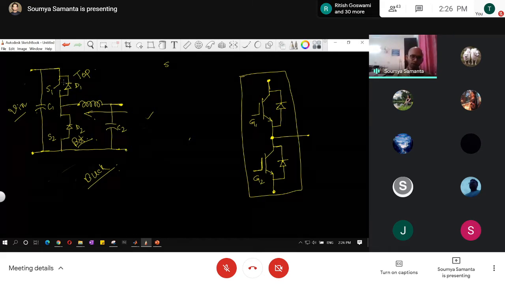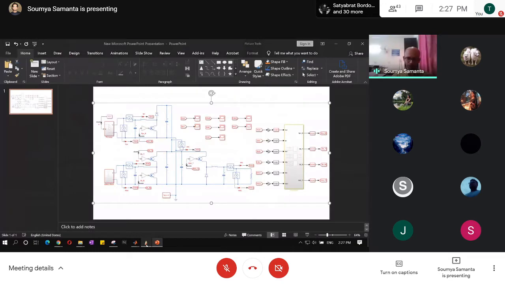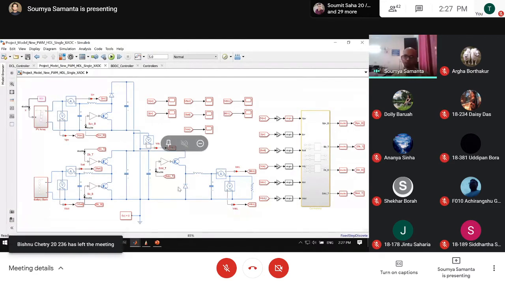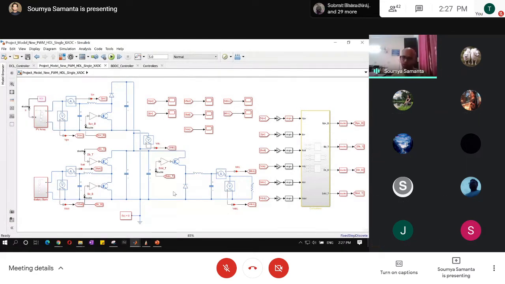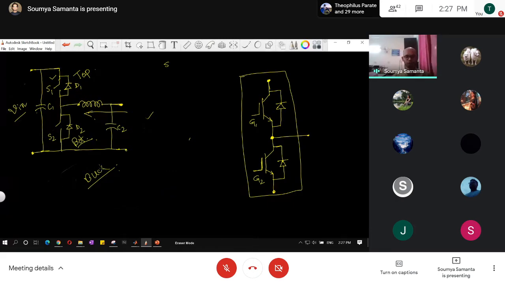So in the buck converter, you can see the top switch is there, for the top position a switch is there, but at the bottom only a diode is there. Now let us see here in this simulation diagram. So this is the buck converter. You can see there is an IGBT placed here, but there is no switch at the bottom. For the buck converter, there is no switch at the bottom, but for the boost converter, there is no switch at the top. But in bidirectional, as we have to operate bidirectionally, there will be switches for both. Okay, this is for bidirectional.